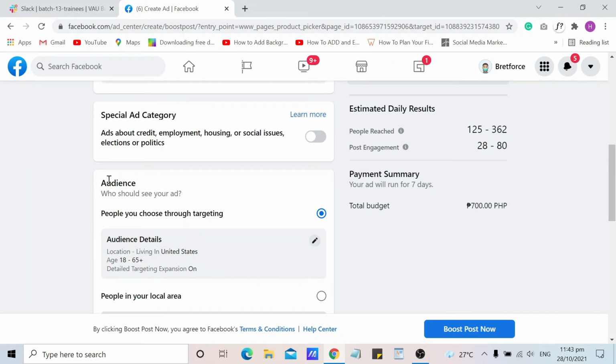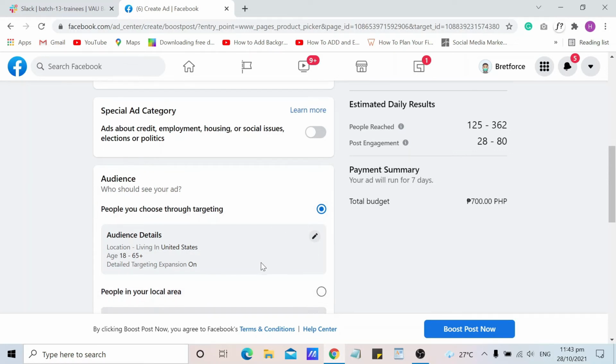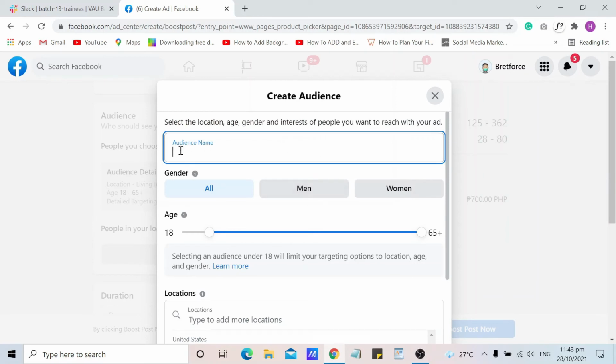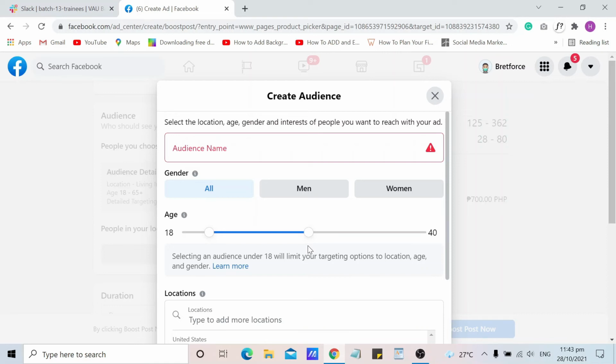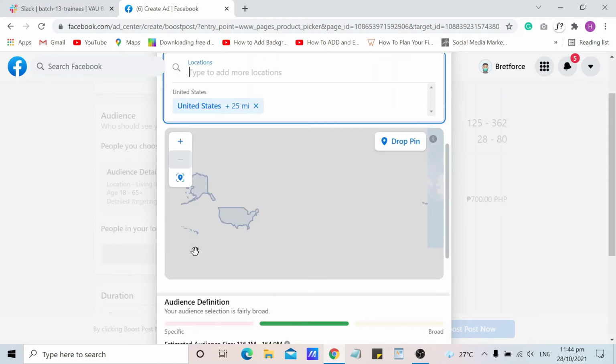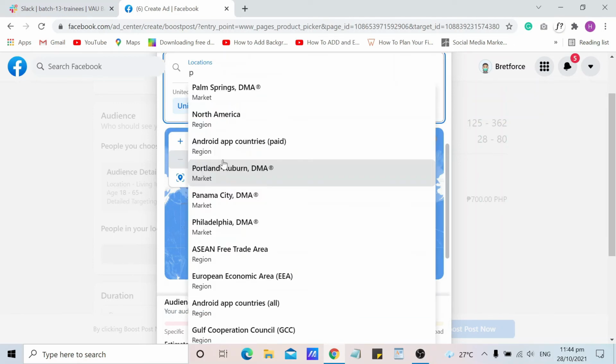Defining audience is the same as in the previous tutorial. First is people you choose through targeting, and the second one is people in your local area. And then click create new. Put the audience name, the gender, men or women, the age bracket, 18 to 40, and the location, Philippines.